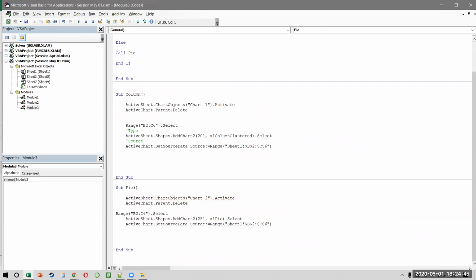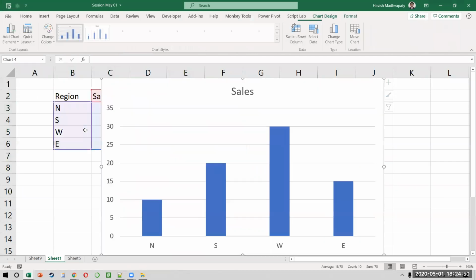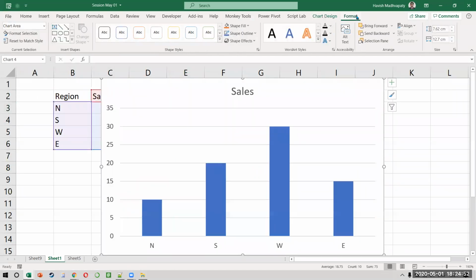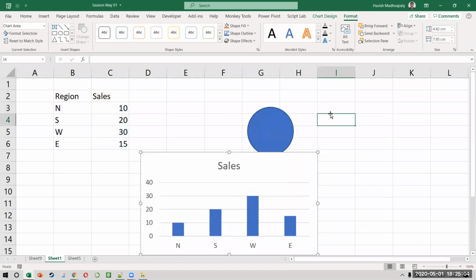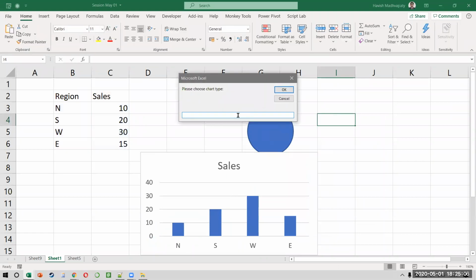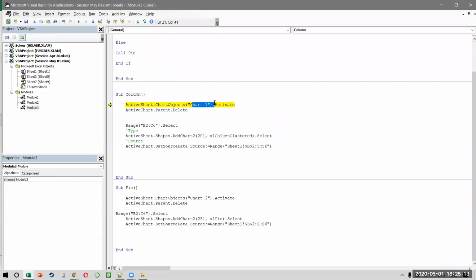See, if there was already a chart on my sheet called chart number 2, just to show it to you, let's say there was already a chart and this chart was called, I'm not even sure if you can change the name like this, but okay, let's do it like this. If I try to delete this, see what happens. Now this time we have a chart. When I click on this and I say, see, I want a column chart, and I press OK, it says there is an error. The error is because we're trying to delete a chart called chart number 1. The problem is the chart that is there on my sheet is not chart number 1.